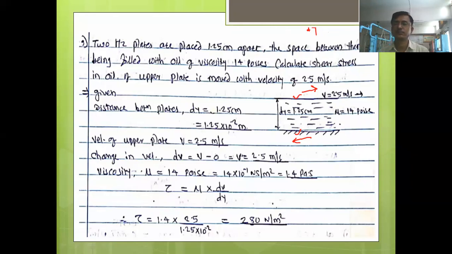Yes, anyone? Do the addition of velocities, and if both plates are moving in the same direction, then you do the subtraction. Like that you can find out the dv, the change in velocity. I suppose that no one is having any doubt. If you are having, then you can put your doubt in the chat box right now. And if you understood, do the calculation part and check whether your answers are coming correct or not. I will wait here.